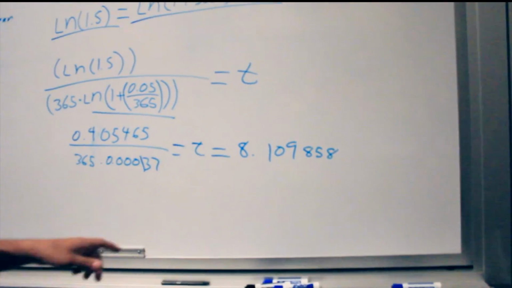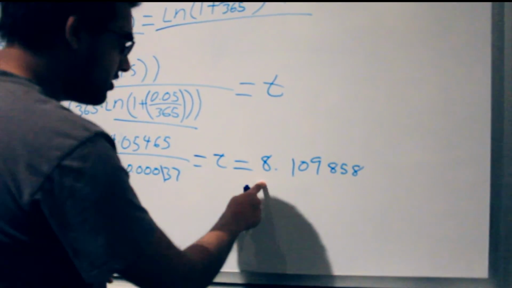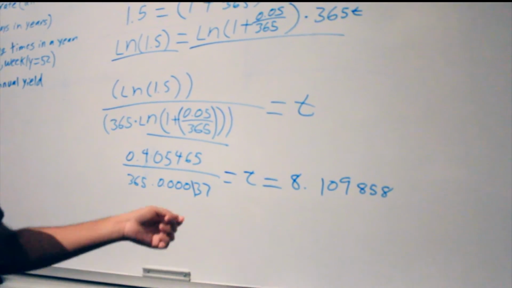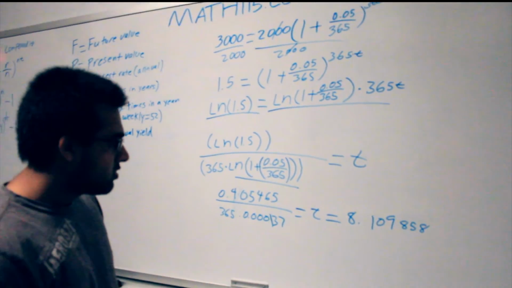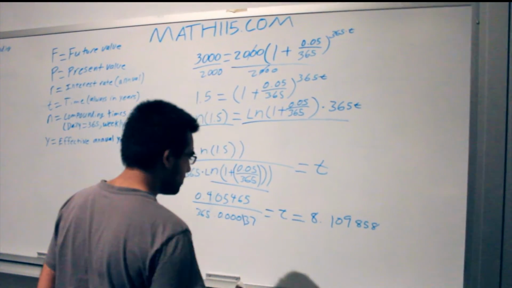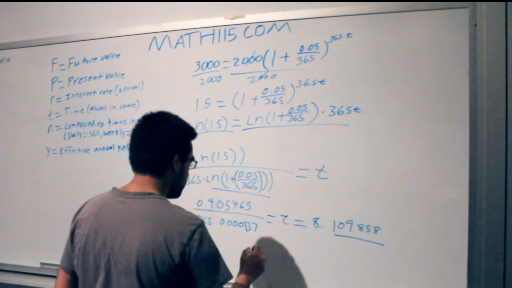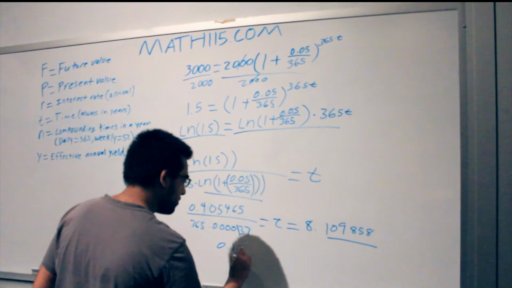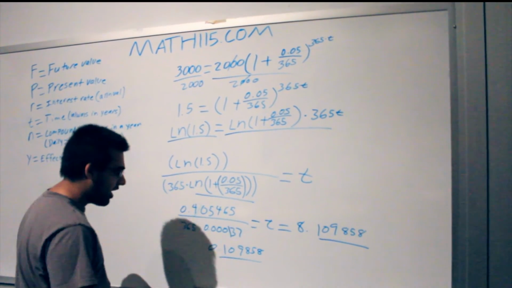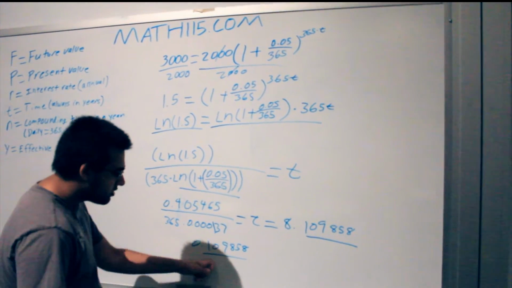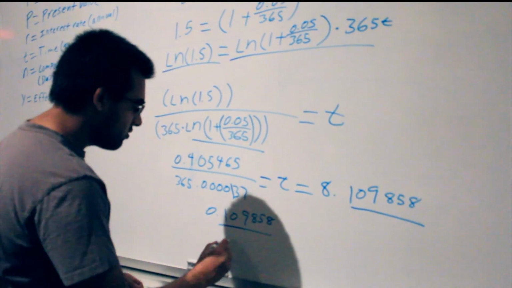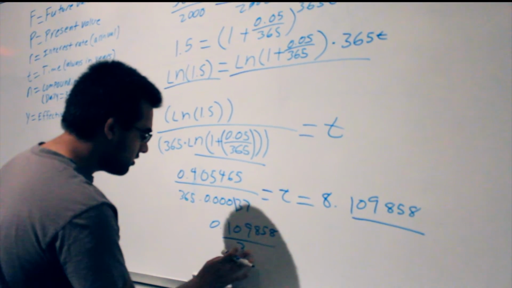So this is your answer in years, right? It says 8 years and some remainder. But they asked for the answer in years and nearest day. So what you should do is take this number right here, just the decimal portion, 0.109858. This is the remainder that we have, right? We need to convert this remainder, which is currently in years, it's saying 0.1 years, to days. So what we'll do is we'll multiply it by